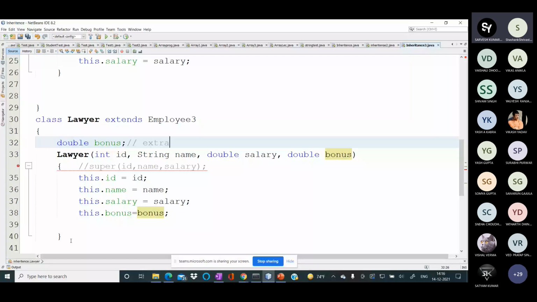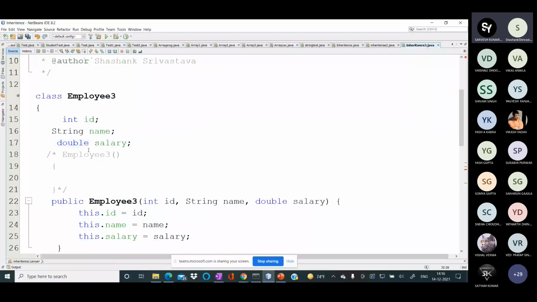It means when you create the Lawyer class object, the Employee class object is implicitly created. If you call the Lawyer class constructor, the parent class constructor is called by default.